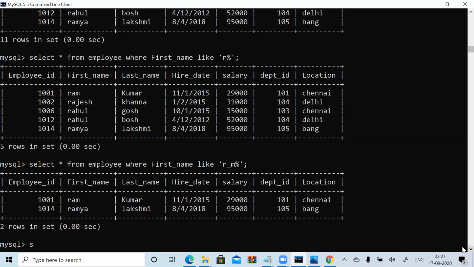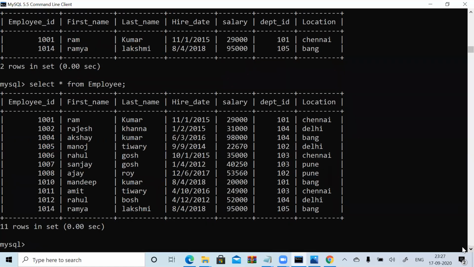Okay, so again try to check. Select star from employee. Fine. Now I want to find out whoever joined in the year 2015. I want to print all the information.